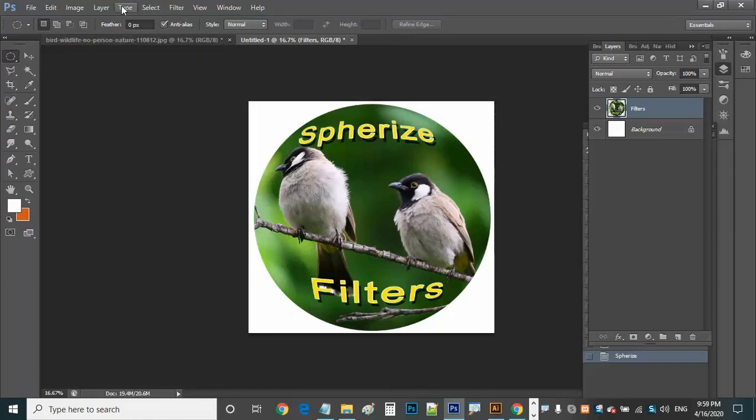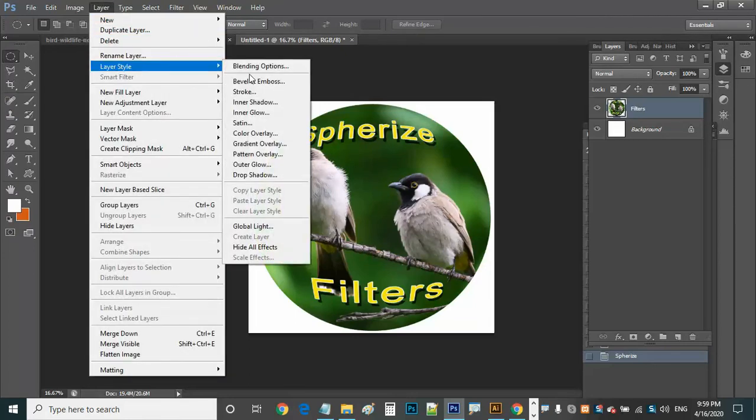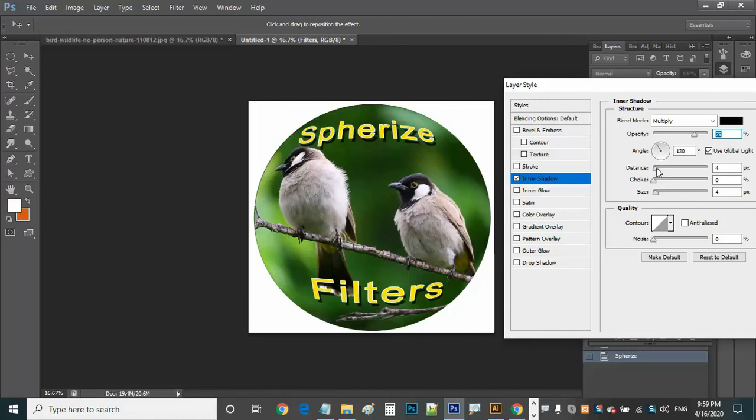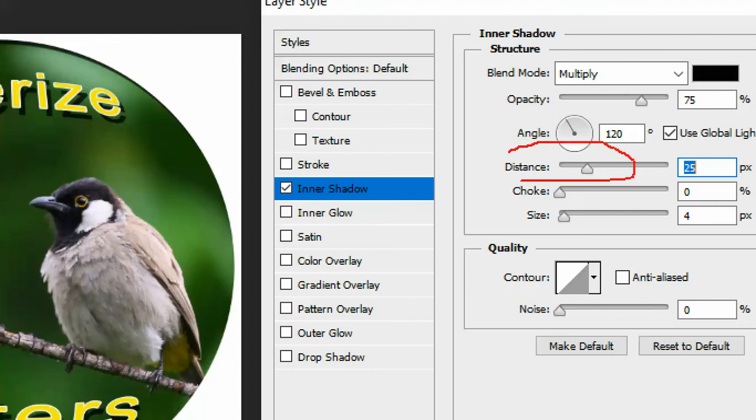So I can use something called layers again. I am taking layers, and you can see the layer style, and you can see there is one option called inner shadow. I want to give the shadow inside. The shadow I am going to give it here. Distance, how much you want it, you can see this. I am giving more here so that you can see this. I don't want that much, I want a little, and you can change the size here. We have distance. You can see there is one option called distance. Friends, you can see the distance. You adjust the distance, and I am going to adjust the size from this inner shadow style.